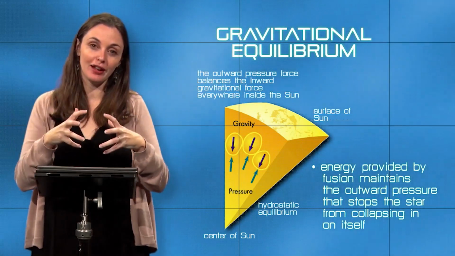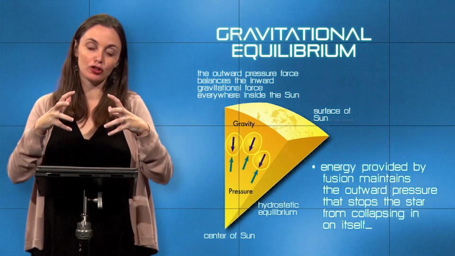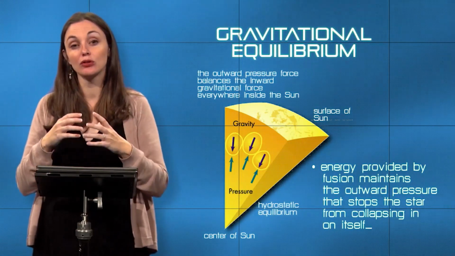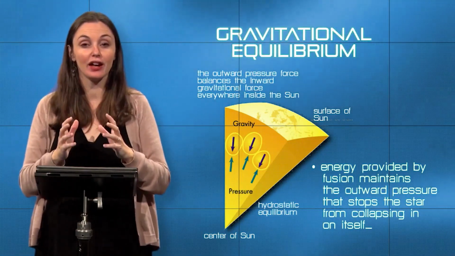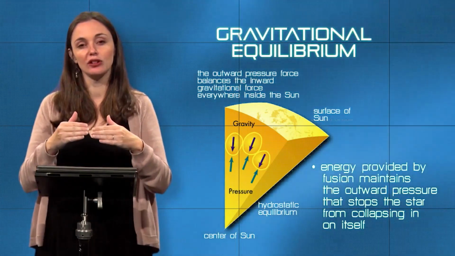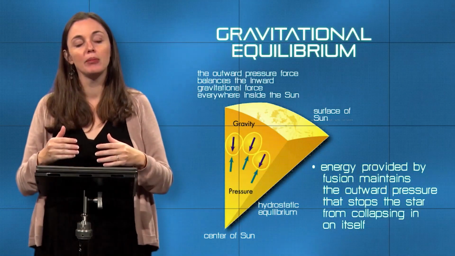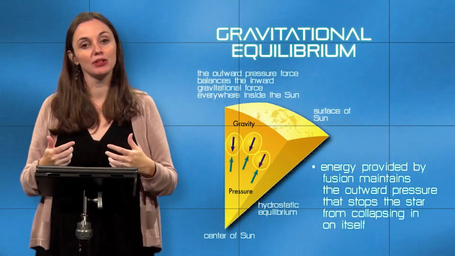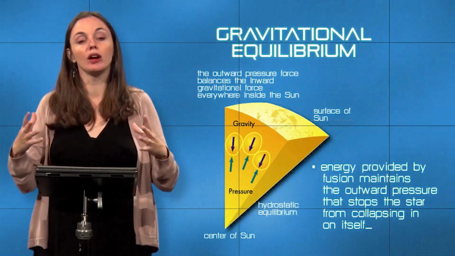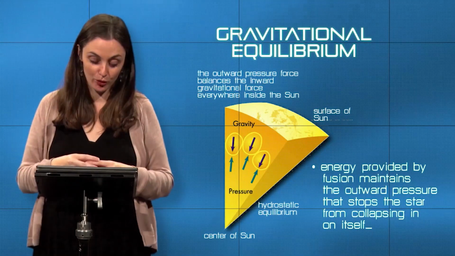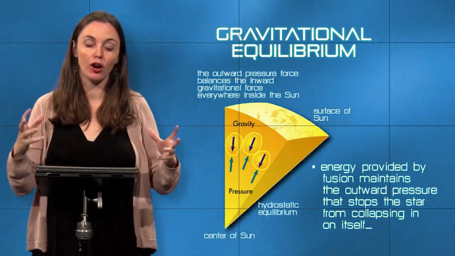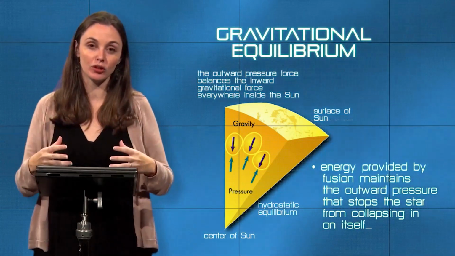By having gravity collapse inwards a little bit more, this drives up temperature, so fusion takes over. So there probably have been very fine scale fluctuations in core temperature in the sun that have allowed for fusion to take place at slightly different rates. But there's a feedback loop that keeps the sun from going crazy, blowing up, or collapsing in on itself and forming a black hole. It's, again, because gravity and fusion are creating these equal but opposite forces.